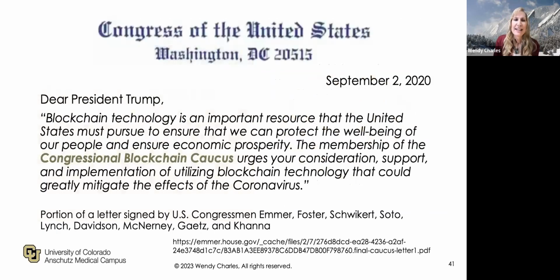Actually, did you know that in the United States, we have a blockchain congressional caucus? We have congressmen devoted to serving on a blockchain committee to advance blockchain initiatives in the United States. In fact, in 2020, they advocated to then President Trump, please use blockchain to help us manage the COVID pandemic. I've gotten to meet their congressional staffers, and there's a tremendous amount of interest in how the US can become more competitive by using emerging technologies such as blockchain.